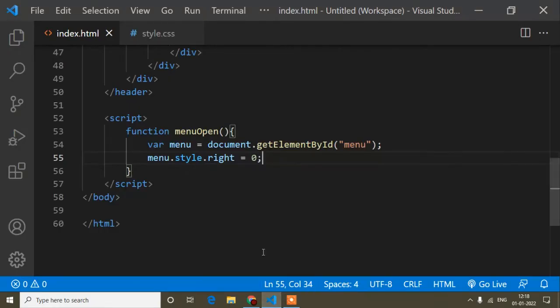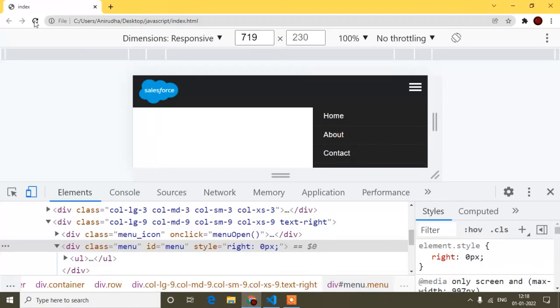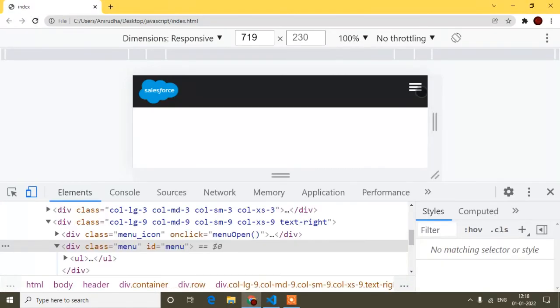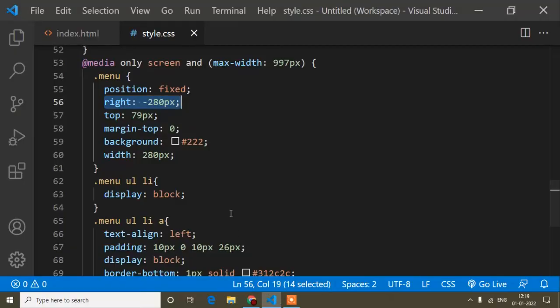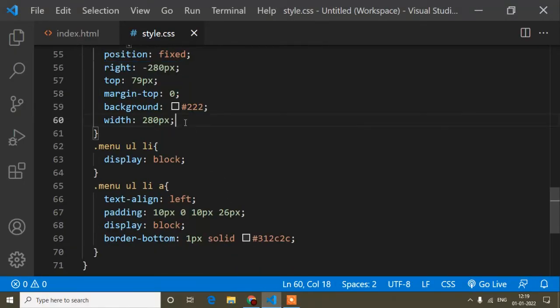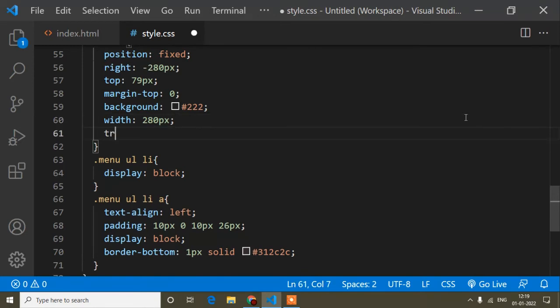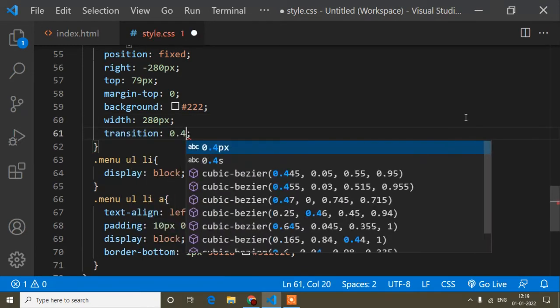So what I will do now, the menu is open. If I refresh again, you can see the menu is open, but it is not animated. So I will open it in an animated way. Same thing, I have to add the transition of 0.4s.